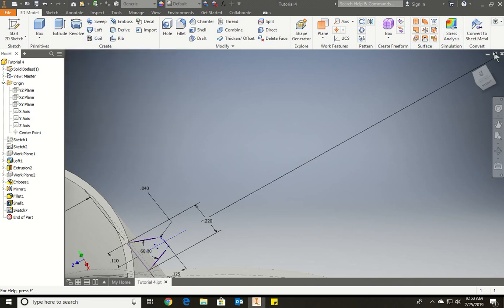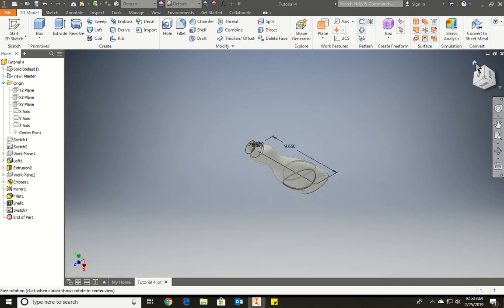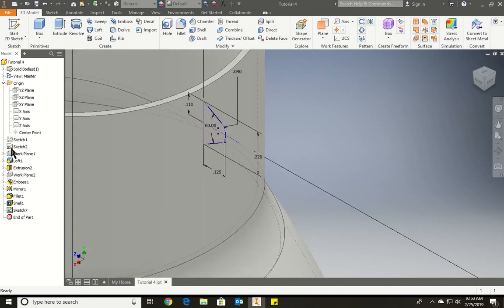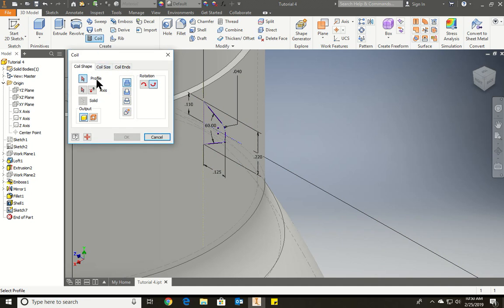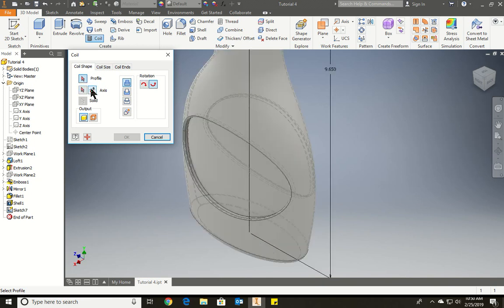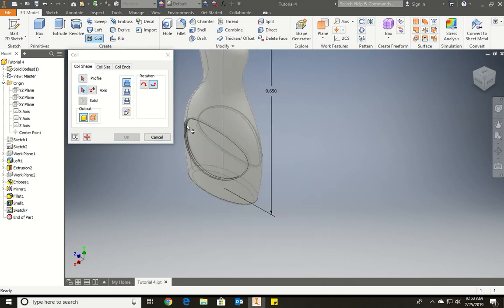Okay, hold on. Let's just go to the other side. What's wrong with my views here? Let's go to this view here. Let's zoom in again. Let's make sure that this is selected before I do it. Now let's do the coil. So my profile is selected. The next thing we're going to do is our axis down the middle, which I didn't make yet. That's right over here, my axis. You can select the outer surface of the